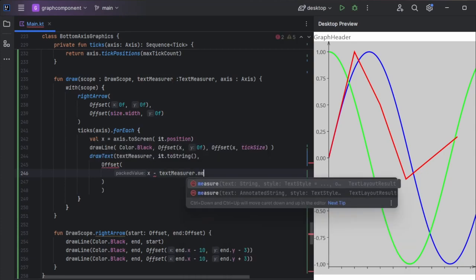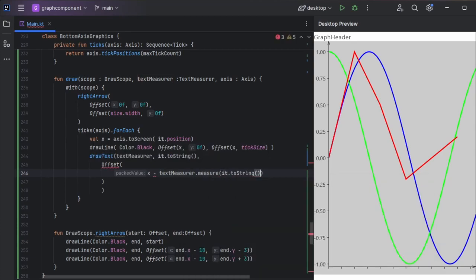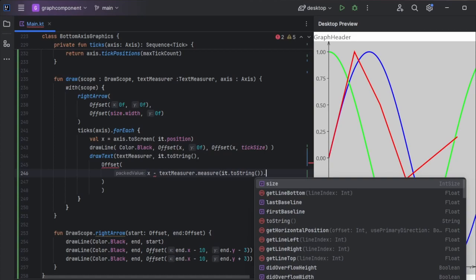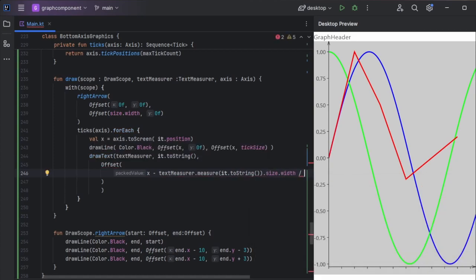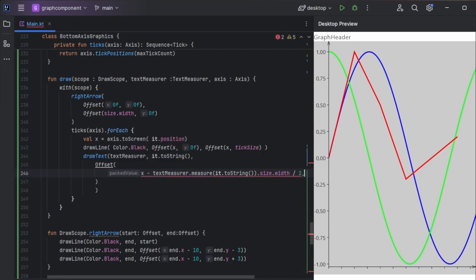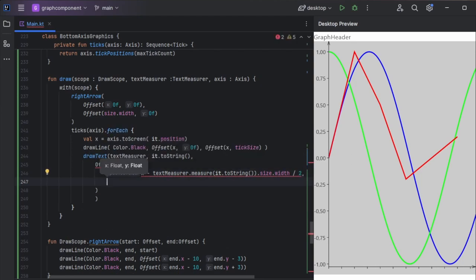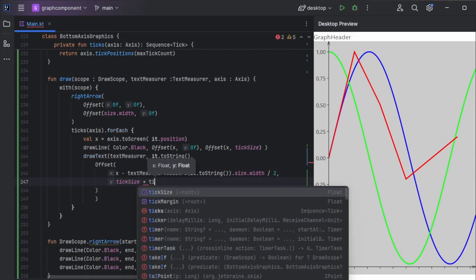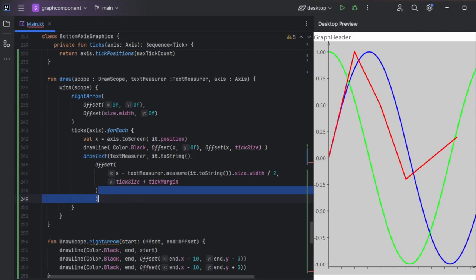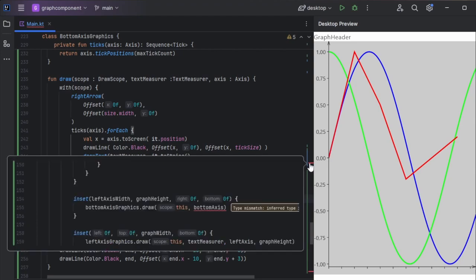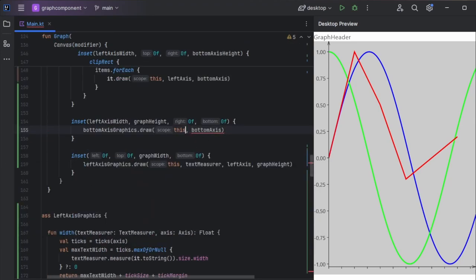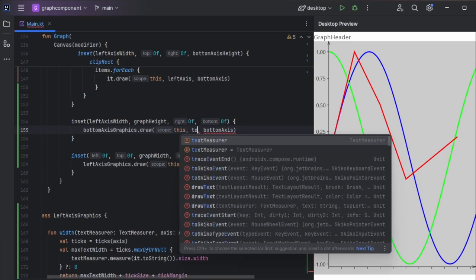We will adjust the X position with half the width of the number. And we will put the tick size plus tick margin as the Y value of the text. We give it the text measurer,